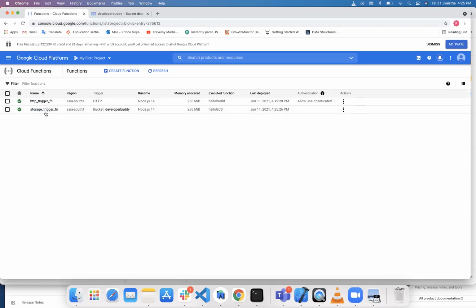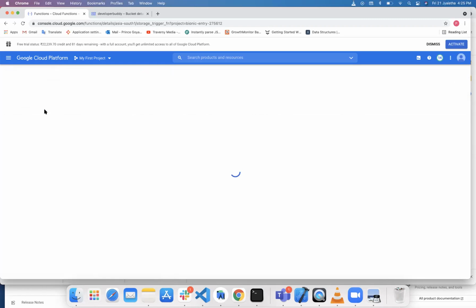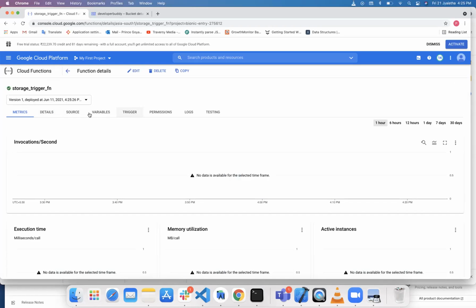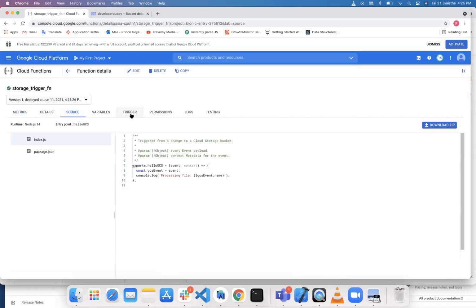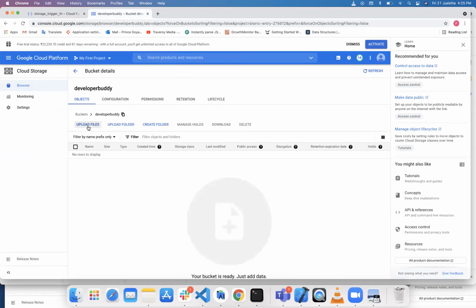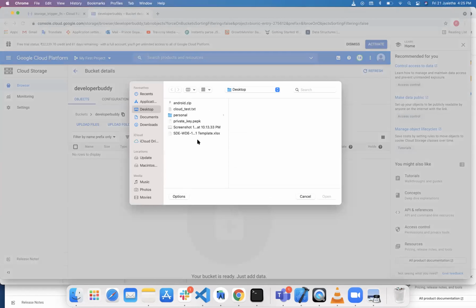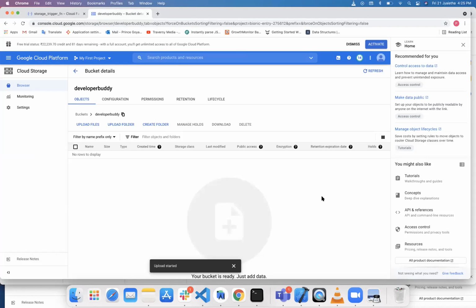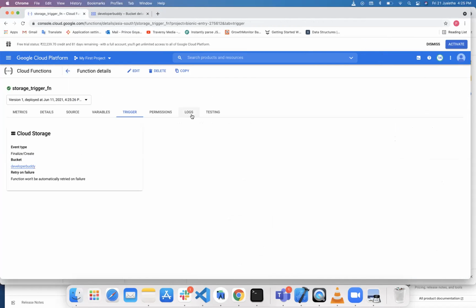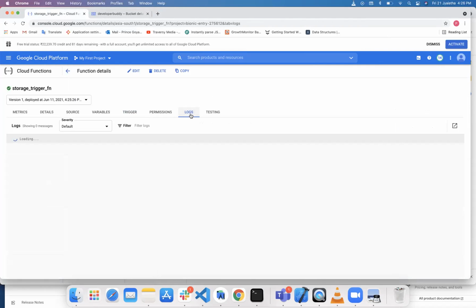So yeah, it is ready now. Let's see the function. As we don't have any public URL for this, we will just upload a file. So suppose here is our file, open. The file has been uploaded. We can go to the logs and check.